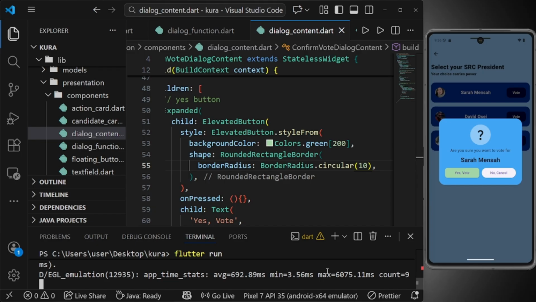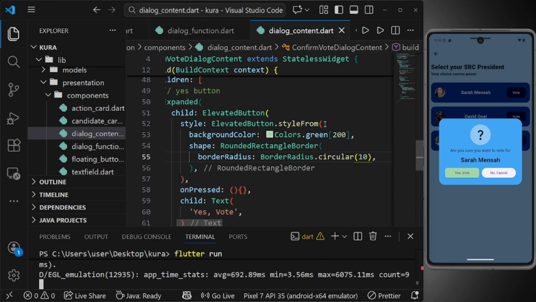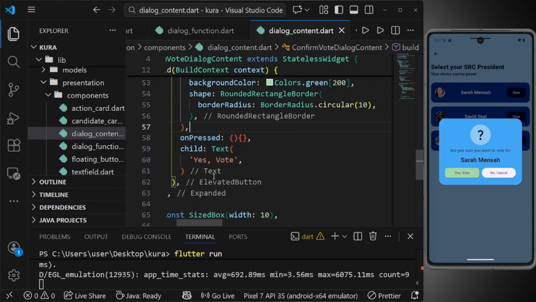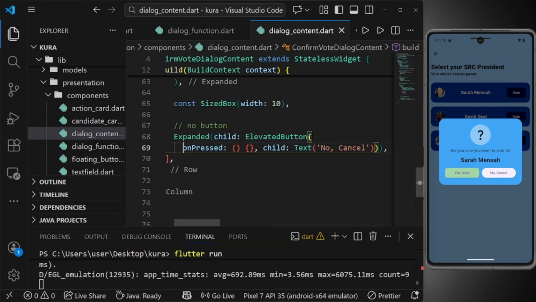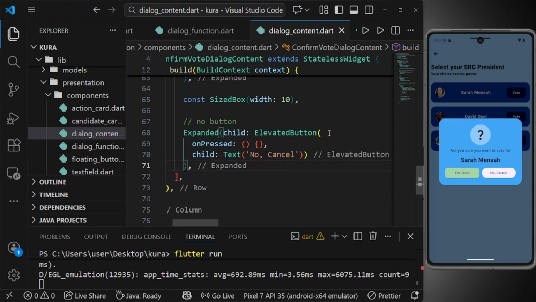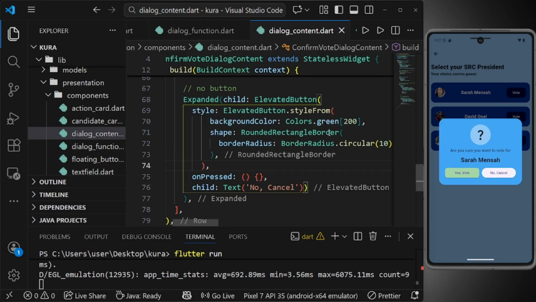Okay, this is okay for me, right? But the text on it, let me copy this thing, the star. So I'm copying the star here, and I'm giving it to the no button, right? This is the no button. So, elevated button, child, this guy over here, and then on top of the elevated button, we need to control B with the star,